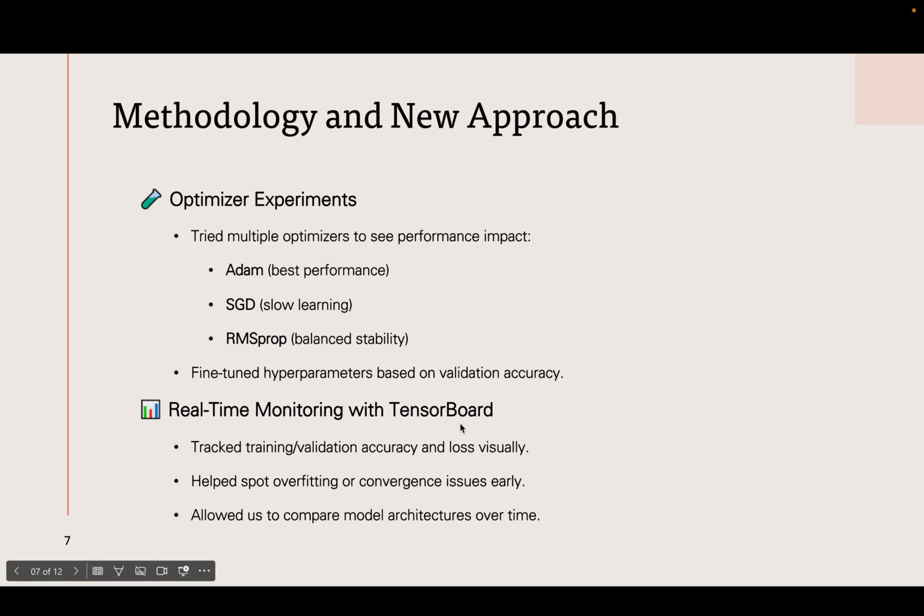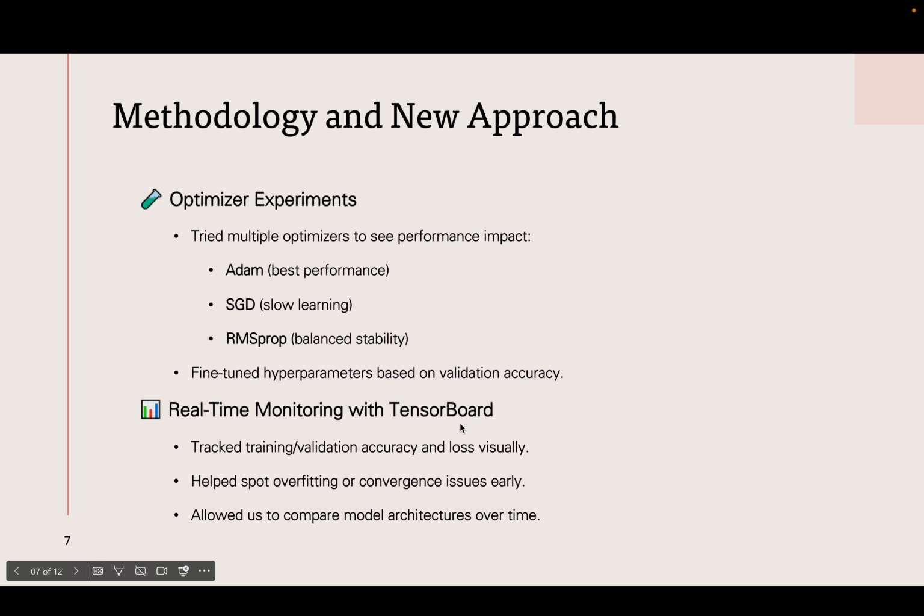The baseline FFNN, that is Feedforward Neural Network, gave us a quick benchmark, but as expected, it plateaued early and struggled with generalizing well, especially on nuanced text. Once we switched to the RNN, recurrent neural network, we saw a noticeable increase in performance, particularly in how well the model distinguished fake news that used emotionally loaded or authoritative language. The RNN's ability to capture word order and semantic flow allowed it to pick up on patterns that the FNN completely missed, which is the whole purpose of using an RNN over an FNN.